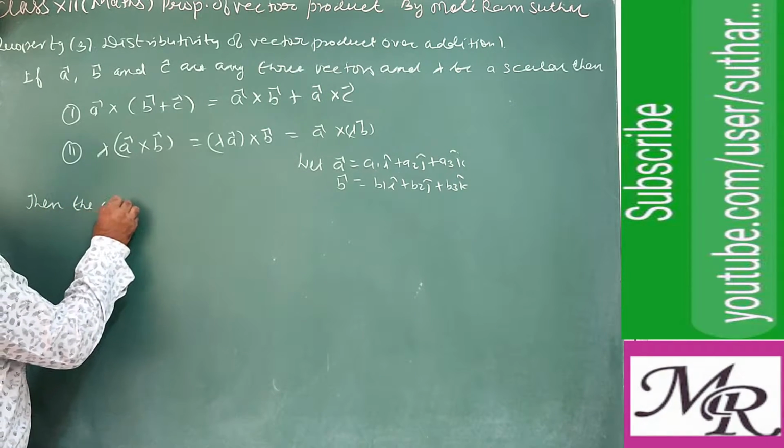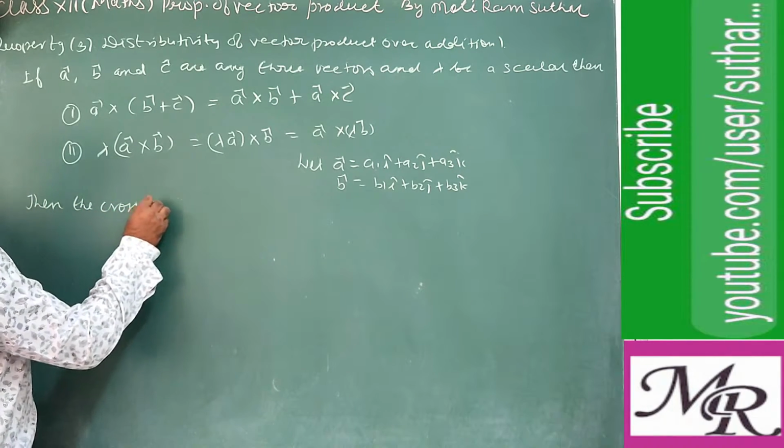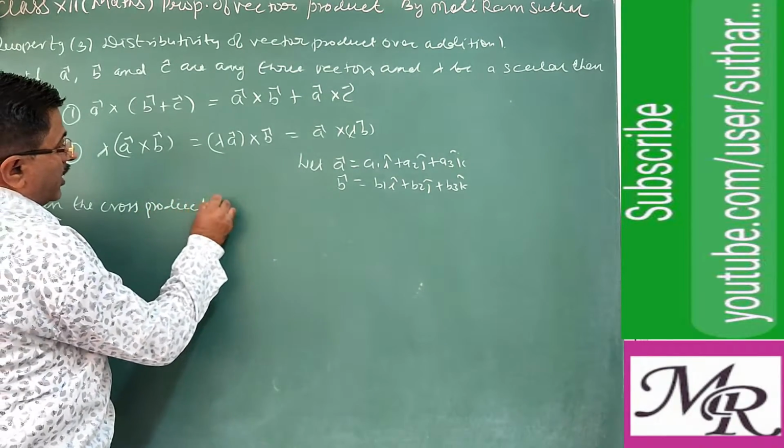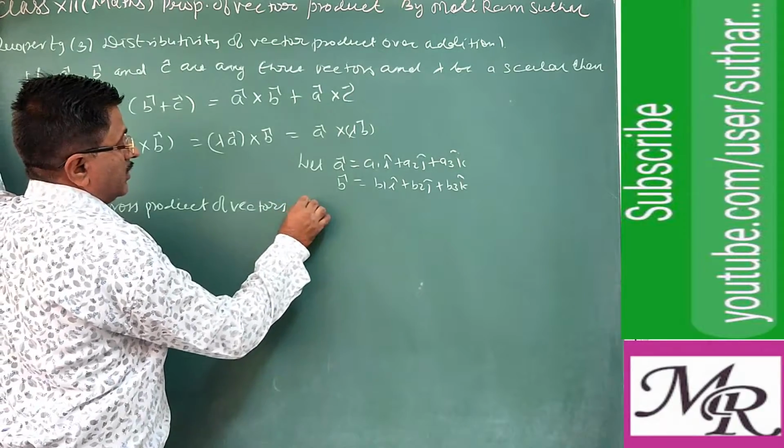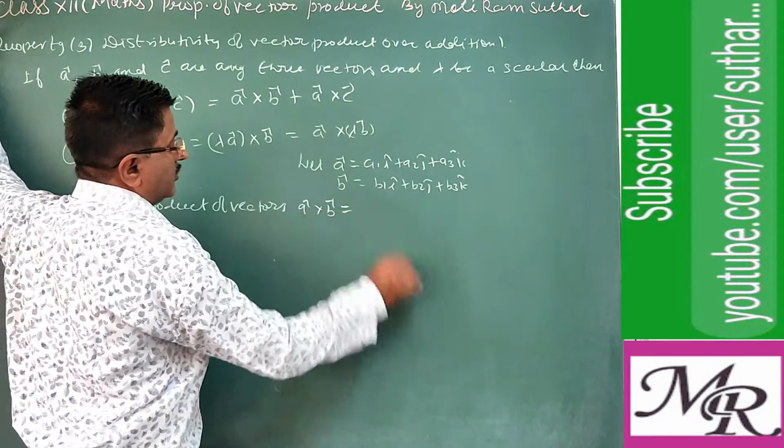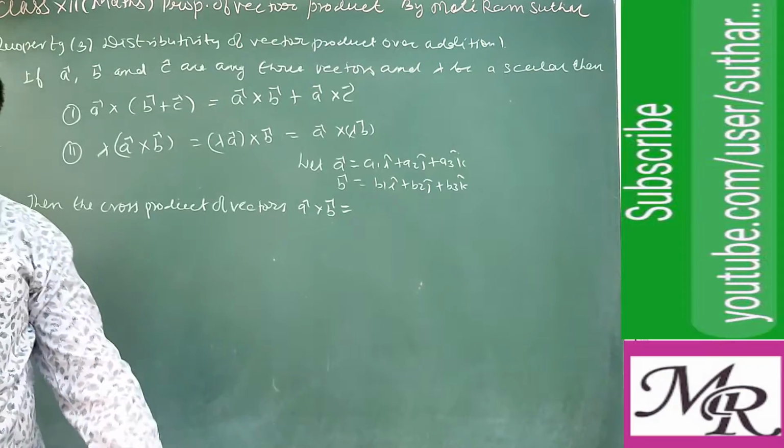Then the cross product A cross B we want to find, that is given by